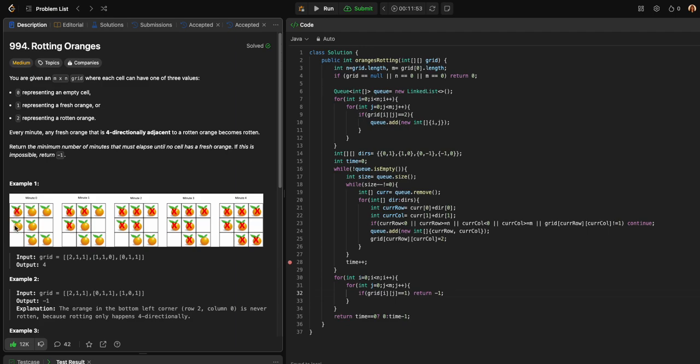So our goal is, it is saying that whatever oranges are 4-directionally adjacent to a rotten orange will get rotten as well at the end of the day. So we can see that this rotten orange was adjacent to this and this orange, and that's why these two will get rotten as well. And once these two are rotten, the adjacent ones of these two will get rotten as well, that is this and